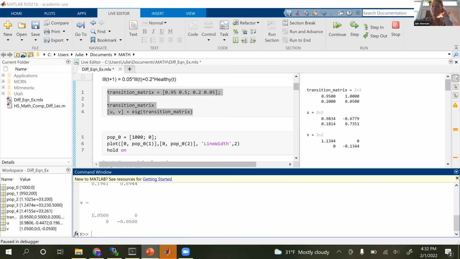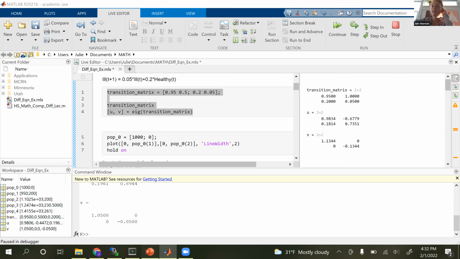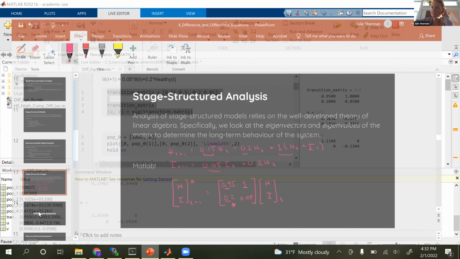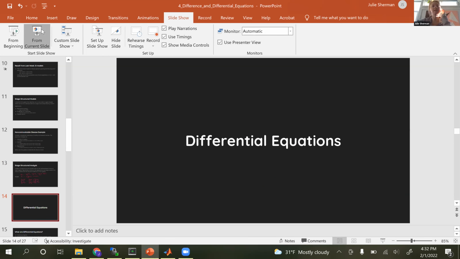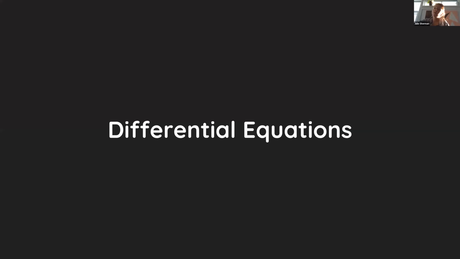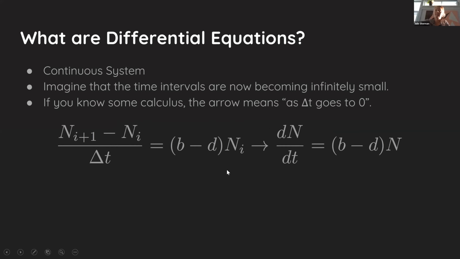Okay, so I'm going to head back to my slides now, and we're going to start talking about differential equations. Let's do it. Okay, so you will remember this equation from one of the first slides, and how we change this